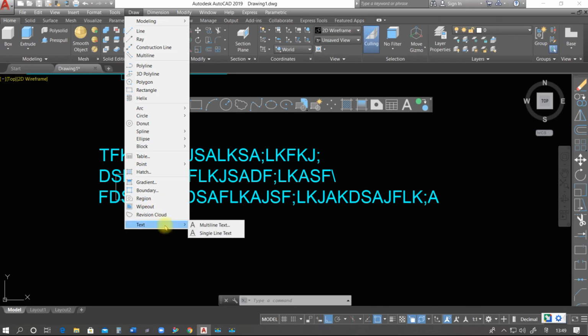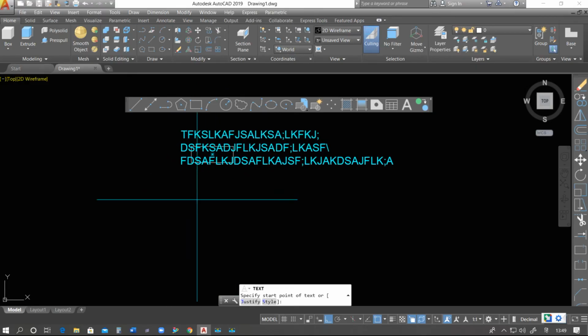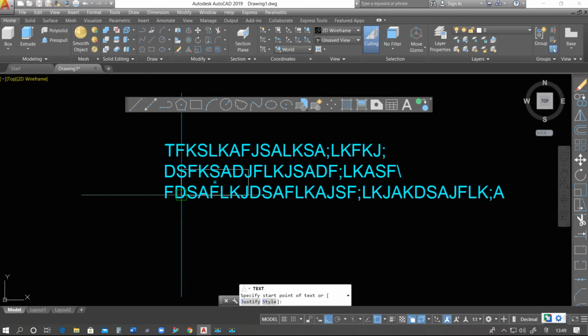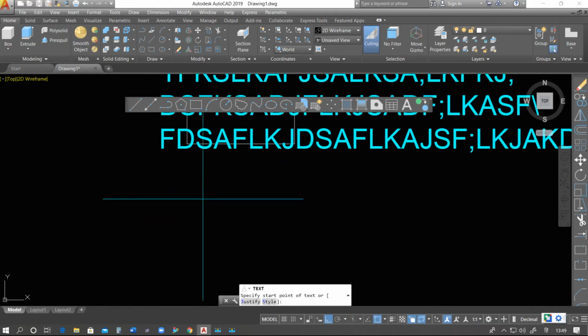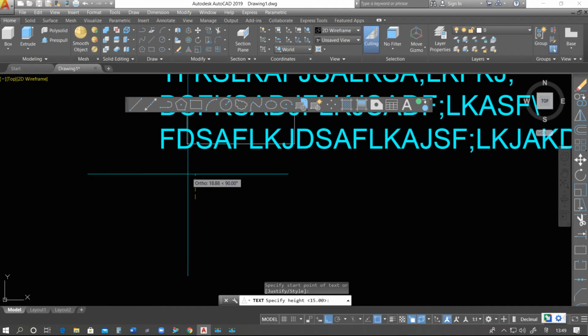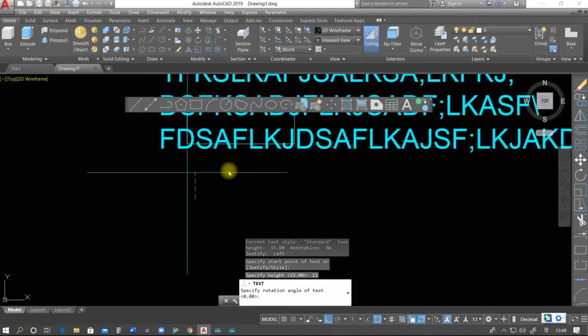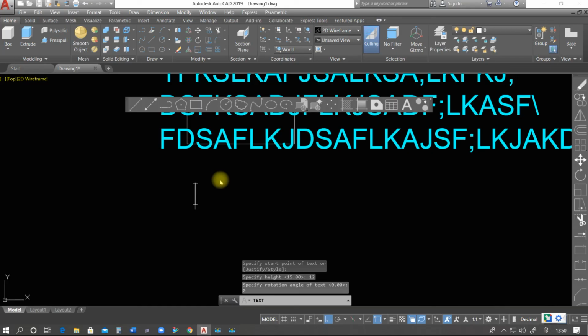Now one more option under text, that is single line text. Here suppose I want to give some text on a specific drawing, so first we have to specify the base point. Now what should be the height of the text? I'm saying that it should be 12, enter. Now what should be the rotation angle? If you want to write horizontal text, select 0. If you want to give some text in vertical direction, you have to put 90 degrees.